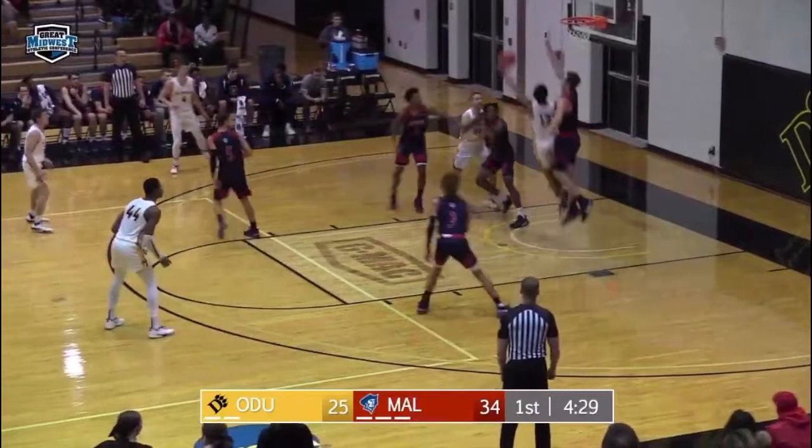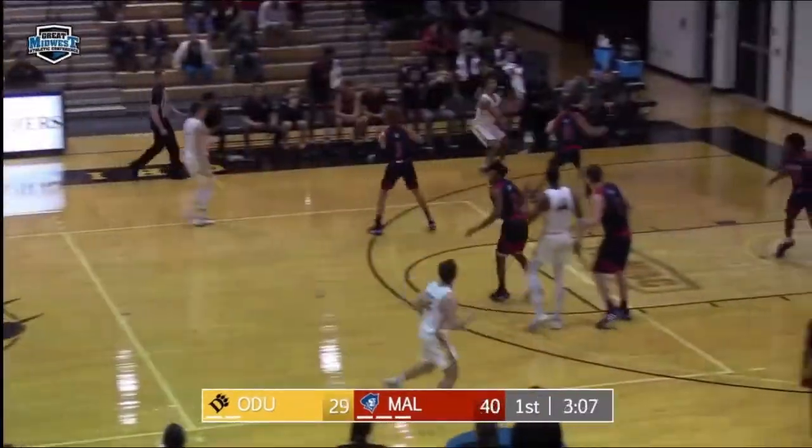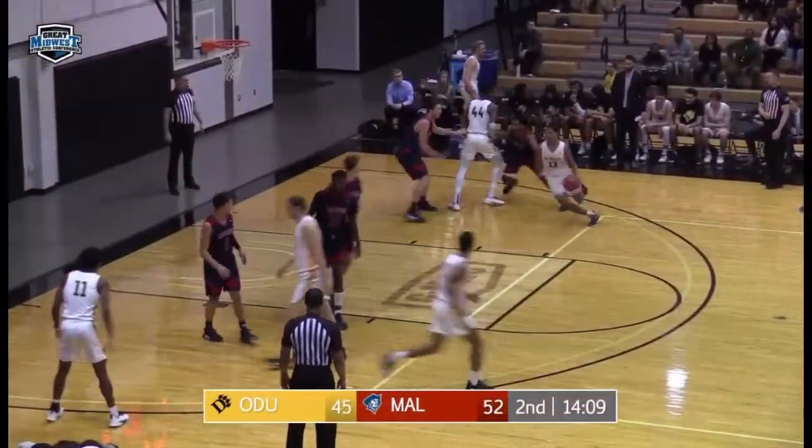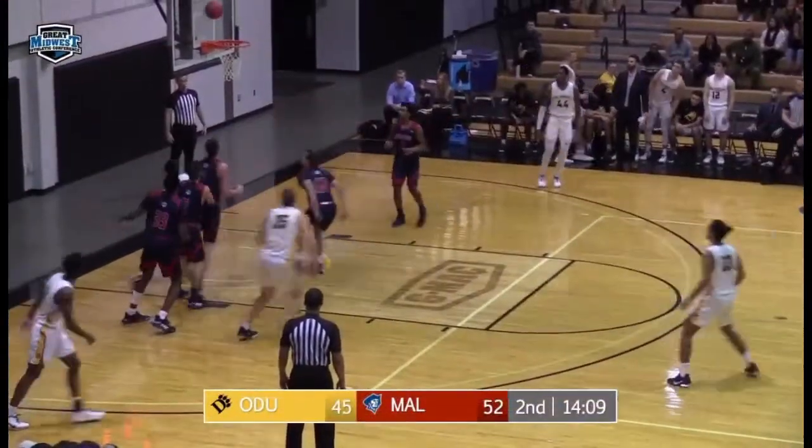Now works his way into the lane. Flips it with a left hand. And Panthers down 11. Michael Scott will try a 3, and that is good. And Scott gives to Varence. Right back to Michael Scott. Curls. Got to the rim, and it bounces